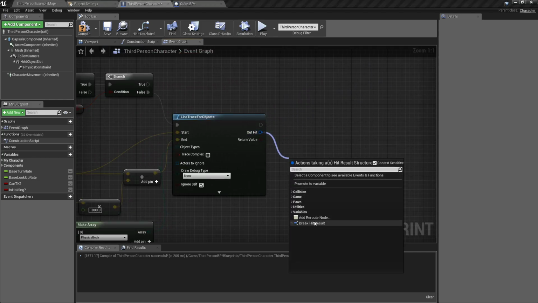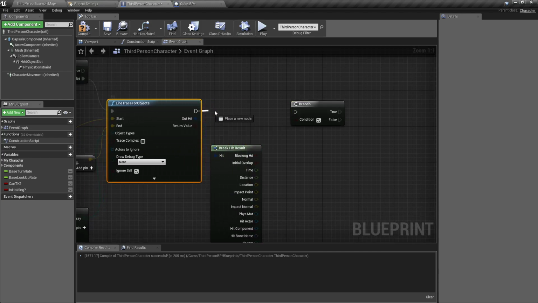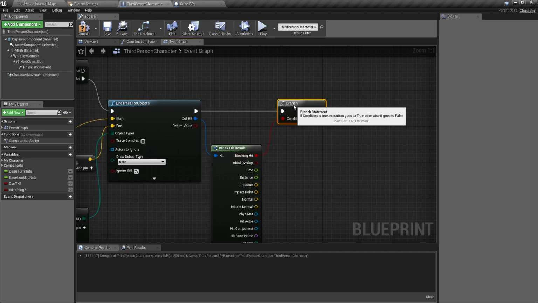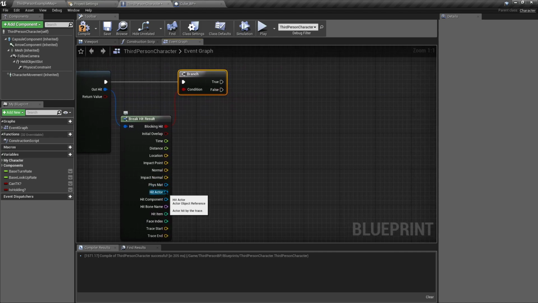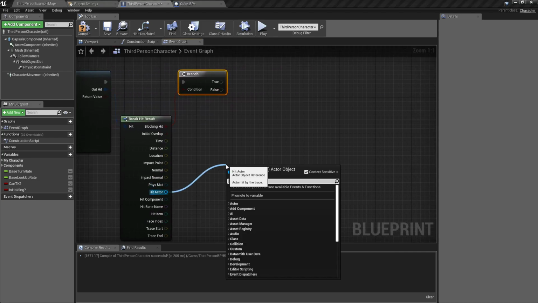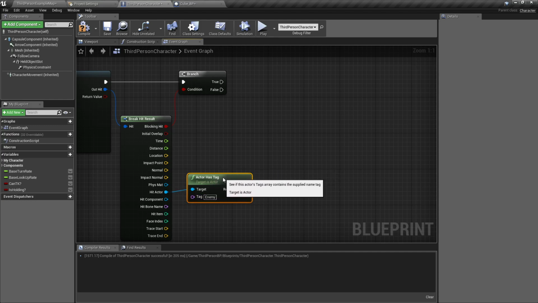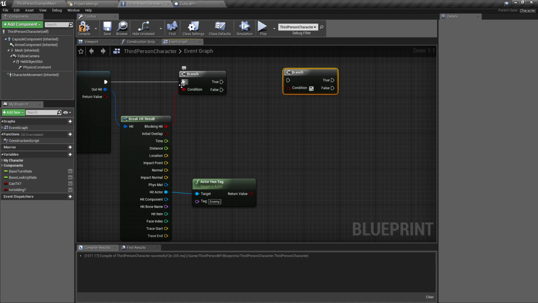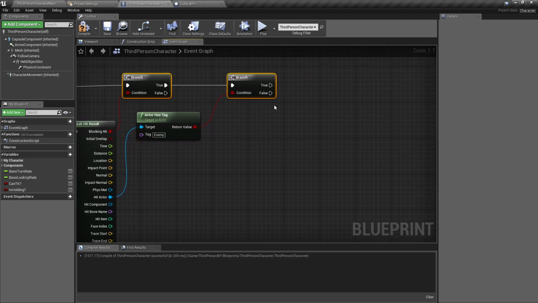Now we'll break our hit result from our line trace, add a branch, and if it's a blocking hit, meaning it hits something that is one of these types, then we'll drag off the hit actor and find out if it has a tag. So actor has tag enemy, which we're going to add to our enemy blueprint when we get ready. So if it's a blocking hit, we'll check for the actor has tag, and if it doesn't, meaning it's one of the cubes that we're setting up,